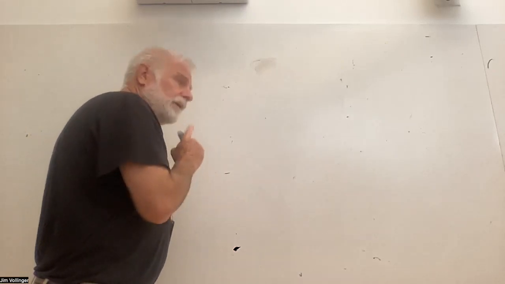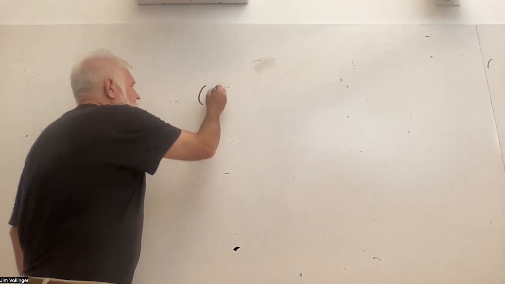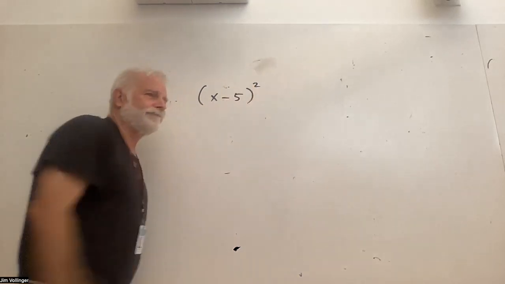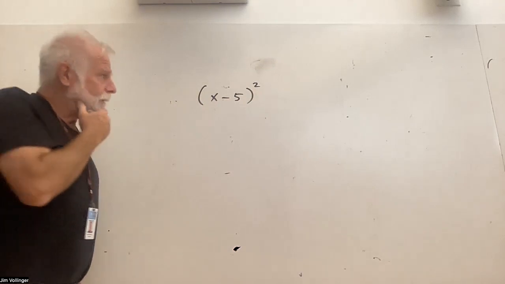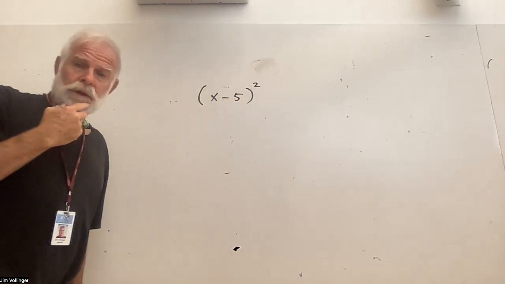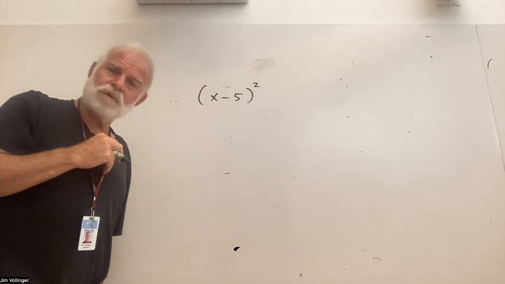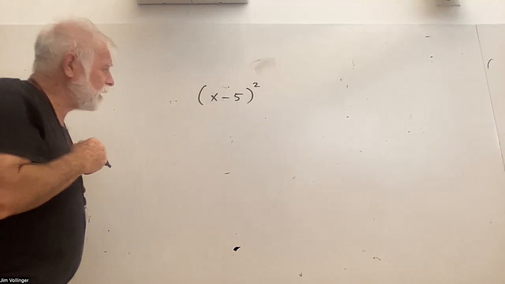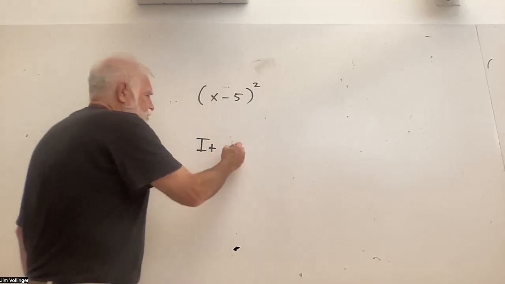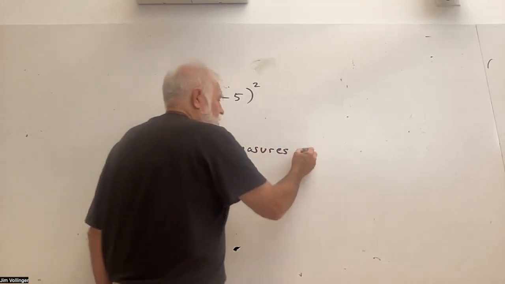Okay, so if I ask somebody in the back of the room to read me number 2, they might say parentheses x minus 5 end of parentheses squared. All right, so we have something in front of us now. But if I were to ask someone to explain what this is asking me to do, trying to say that as succinctly as possible would be nice. I think when I look at that, I see that this thing measures. That's what we do in math. We measure things. Measures squared change